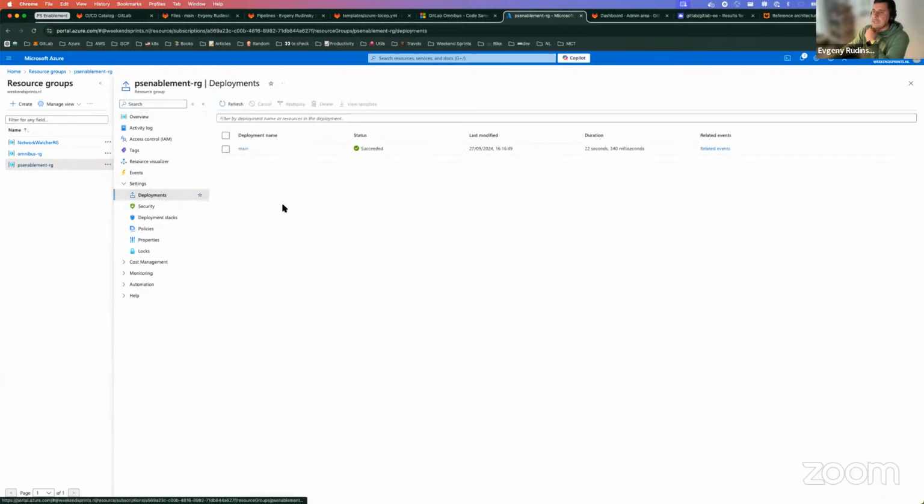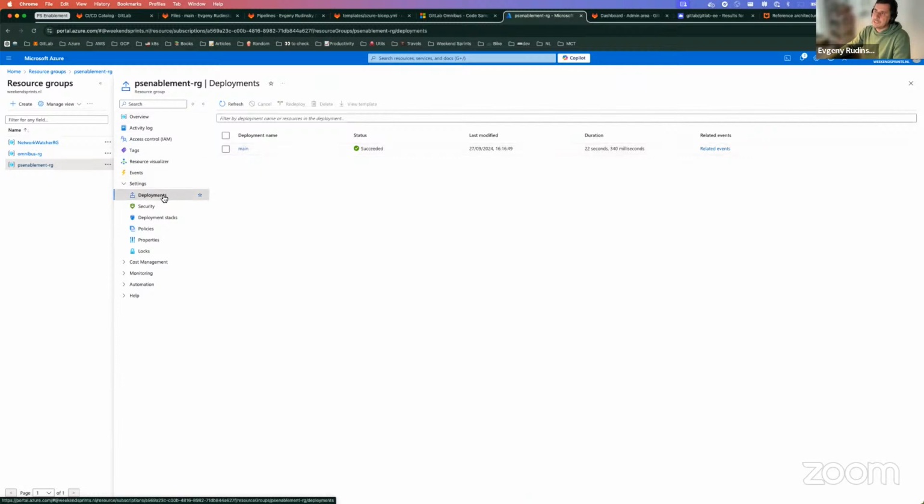One little thing that I think would be nice to highlight is the state. Usually, if folks on the call are familiar with Terraform, we have a thing called a state. Terraform state basically is the file where we keep the state of the deployment. In this case, Azure Bicep doesn't have that concept. Well, there is a concept of state, but the state is kept in the actual scope of